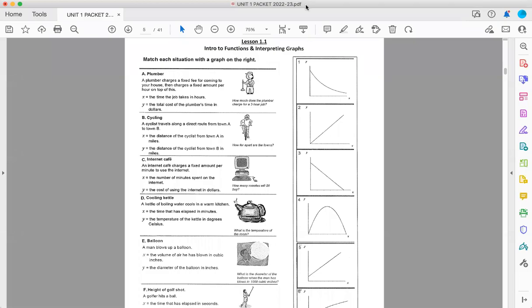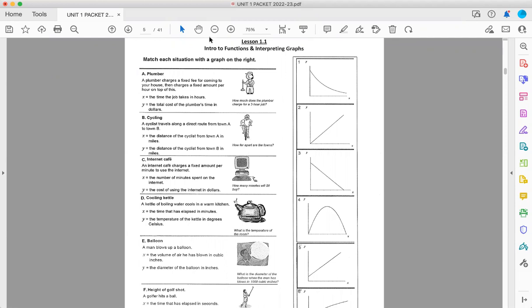For this video, I would like to go over lessons 1.1 and 1.2, meaning we're going to go over the classwork and homework for both lessons. And hopefully you can use this information to review for your upcoming quiz and make sure that you